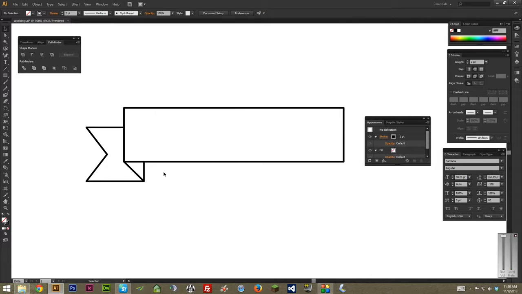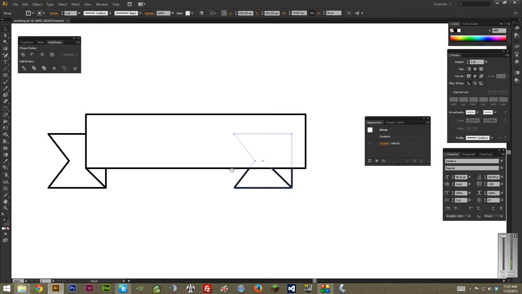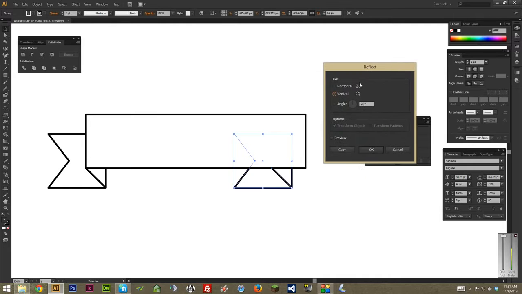And I'm going to hold Alt over right about here, and I'm just going to drag it while holding Shift. Holding Alt basically makes it duplicate itself, and holding Shift once again makes it go perfectly left and right, or up and down depending. And once again I'm going to right click or control click and select Transform and then Reflect. And we're going to want to reflect vertical, which basically flips it on its side, so it can make the